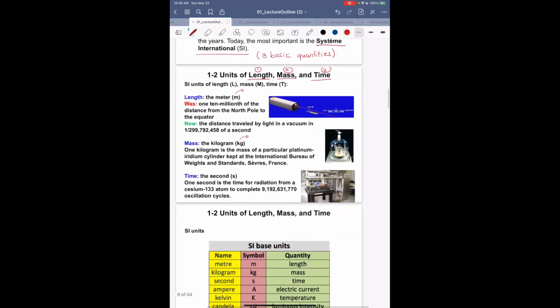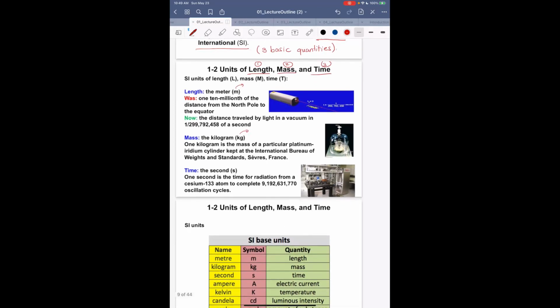Now the time is measured in seconds, and again it is a lowercase s. The second is the time for radiation from one type of cesium atom, the isotope cesium-133, to complete a specific number of oscillations or cycles. Okay,